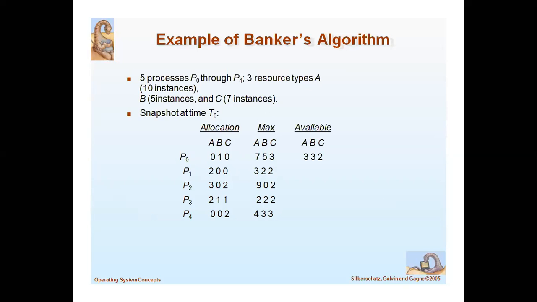So find out what is the safe sequence to avoid the deadlock. To execute without deadlock, you have to find out the safe sequence. So to find it, you need to calculate the Need value. Need is nothing but maximum minus allocation, and you have to check each and every process for the condition: need is less than or equal to work. If the condition is true, then work equals work plus allocation.